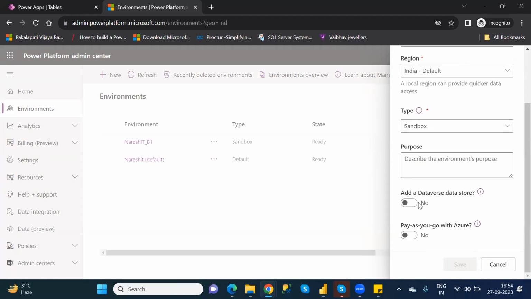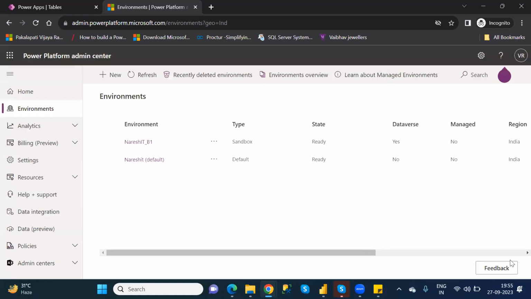Why? Because whatever data we want to store, we store it in Power Apps. By using the tables option, you can store the data, right? It is a must and should requirement. Power Apps requires a Dataverse. Dataverse means database. Understand or not? A database is 100% required, because if there is no database, how can you store the data? That's the reason